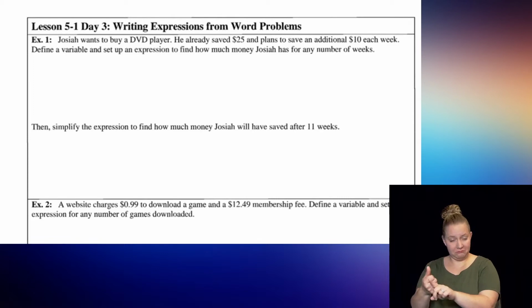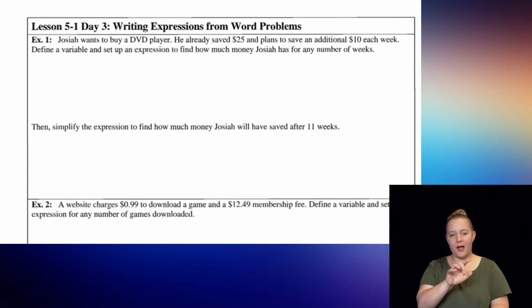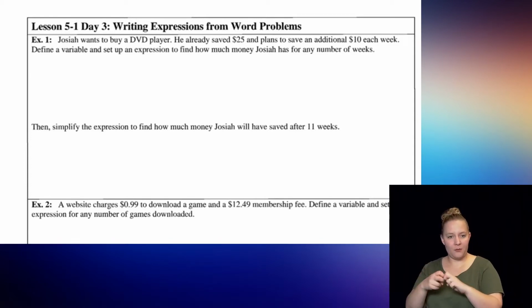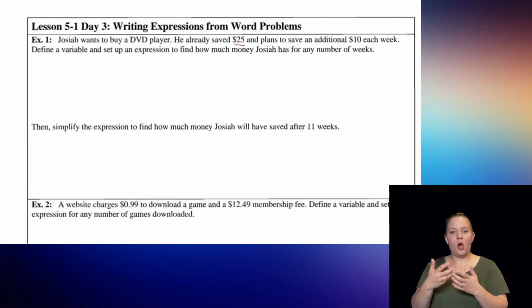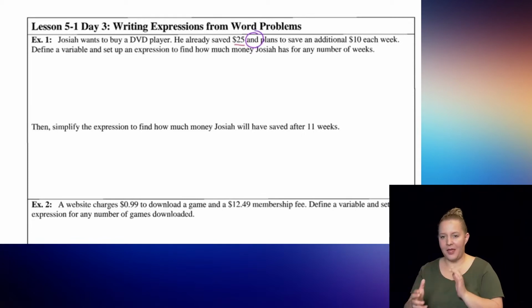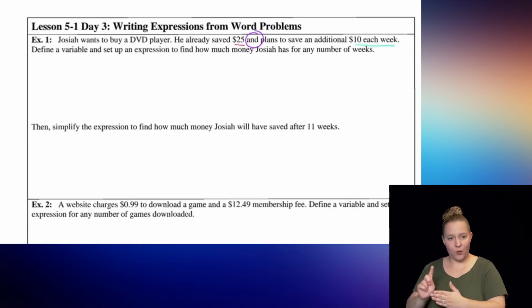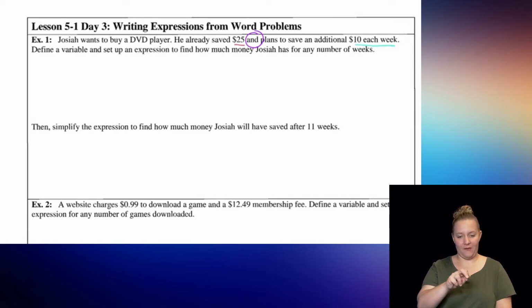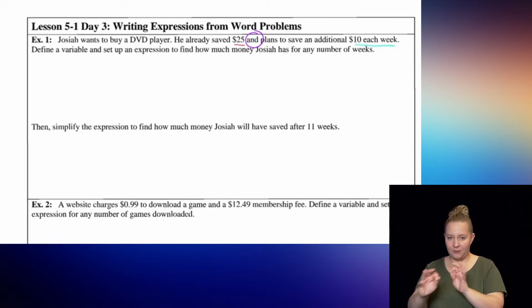So, for this first example of 5-1 day 3 notes on writing expressions from word problems, example 1, Josiah wants to buy a DVD player. Good for Josiah. He already saved $25, probably some important info. And he plans to save an additional $10 each week. We're going to define a variable and set up an expression to find how much money Josiah has for any number of weeks. So for 2 weeks or 7 weeks or 12 weeks, I want to set up an expression